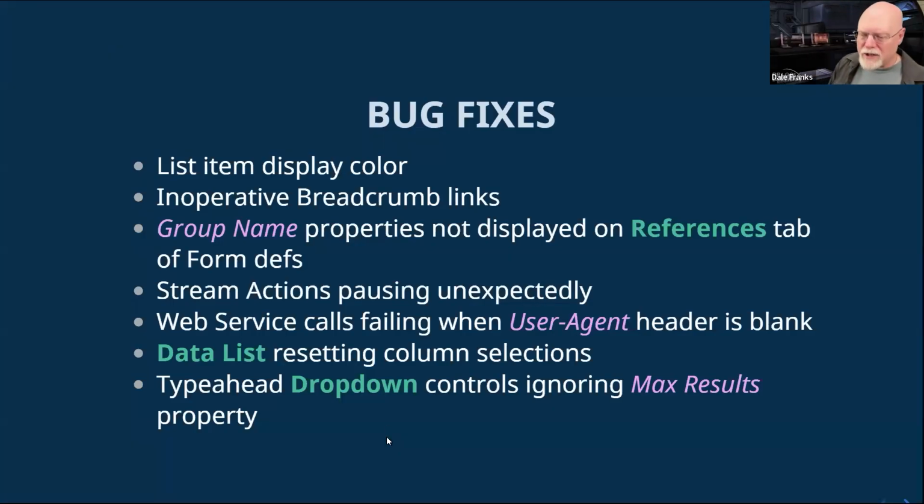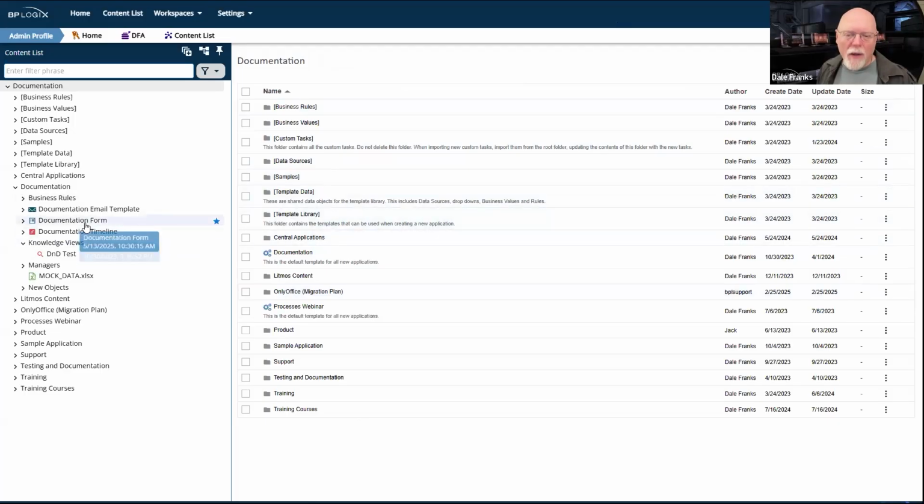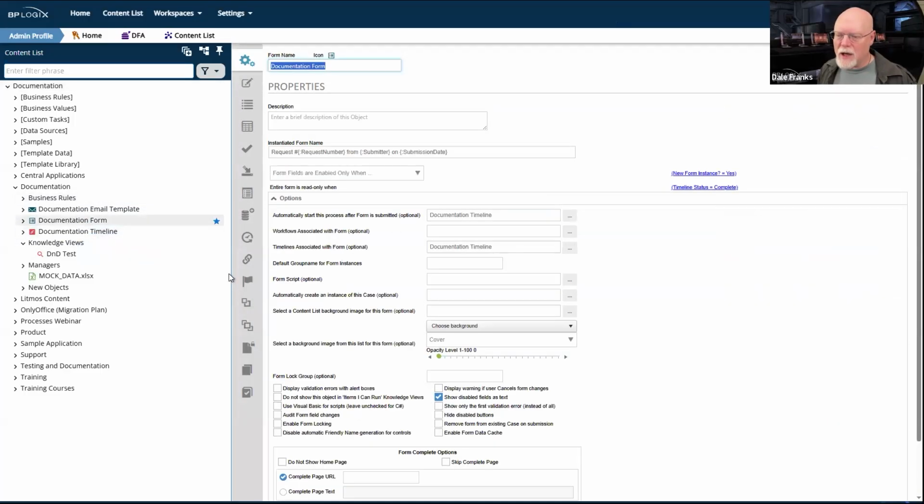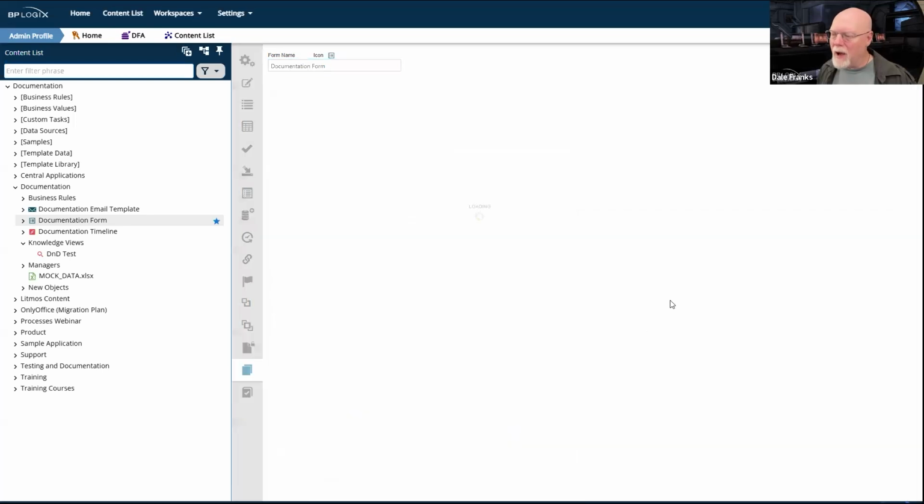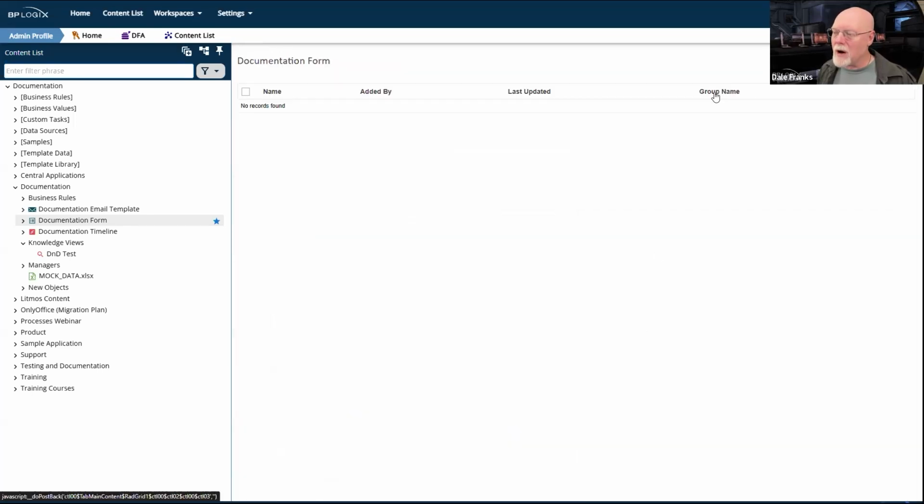On the references tab of a form definition, now I don't think I have one here for this documentation form. I don't think the references tab is going to be helpful other than to show you what the columns are. But I don't have any references, so it doesn't matter.